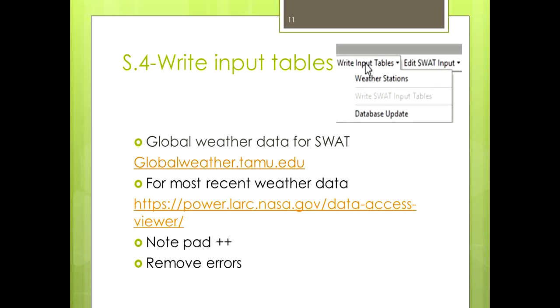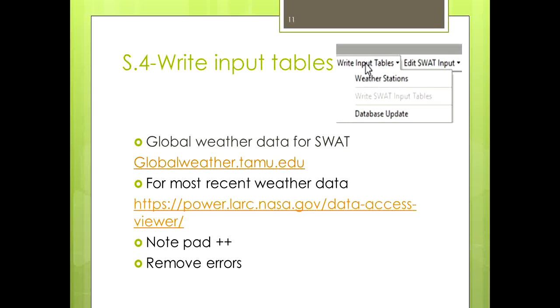Step number 4, it is write input tables. In this step, we will be uploading the weather data. Now how to get that weather data? To download the weather data up to 2014, the website is globalweather.tamu.edu. But if you need recent weather data, you have to go for power.larc.nasa.gov.